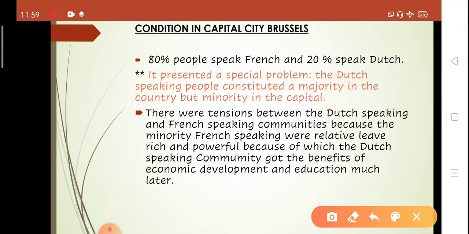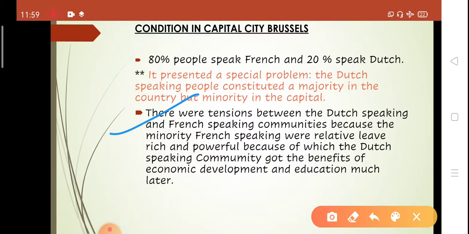Okay, yeah. So we have come to the right slide. If we talk about the capital city Brussels, then Dutch were a minority here because they constituted only 20% of the population. Now this paragraph is basically telling you about the problems and the tensions which we have already discussed between the two communities. So if you want, you can take a screenshot of it and note it down in